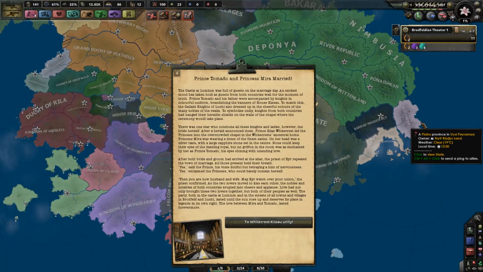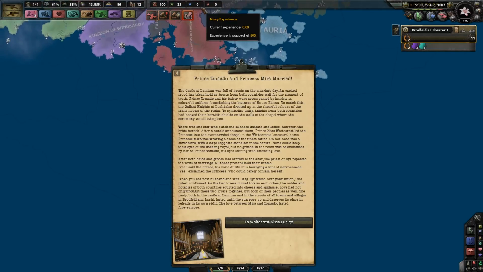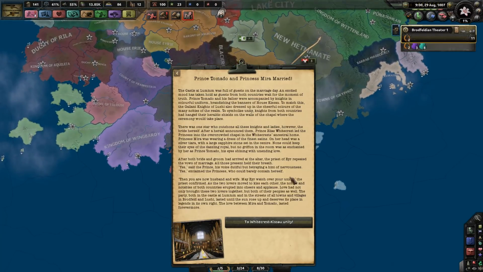Prince Tomato and Princess Mira married. The castle at Luminium was full of guests on the marriage day. An excited mood has taken hold of guests from both countries as both countries wait for the moment of truth. Prince Tomato and his father were accompanied by knights in colorful uniform, brandishing the banners of Kisau. To match this, the gallant knights of Lushi also dressed up in the cheerful colors of the many nobles of the realm. To symbolize unity, knights from both countries had hanged their...